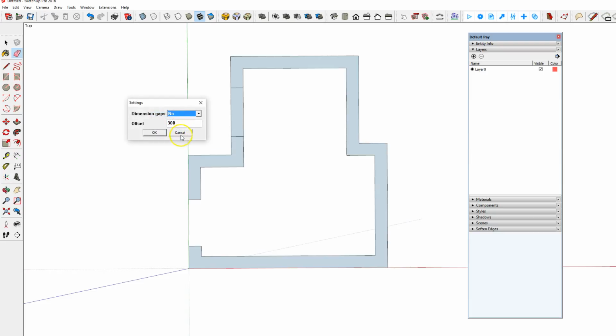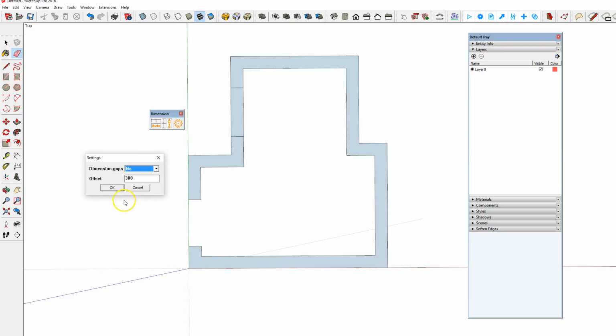In the settings button, when you click on it, there's a couple of options here for gaps or no gaps. So basically, if you want to add measurements over a gap, you can do this by switching this on. And then the offset is the distance your measurement is away from your drawing. So let's show you that. There's the